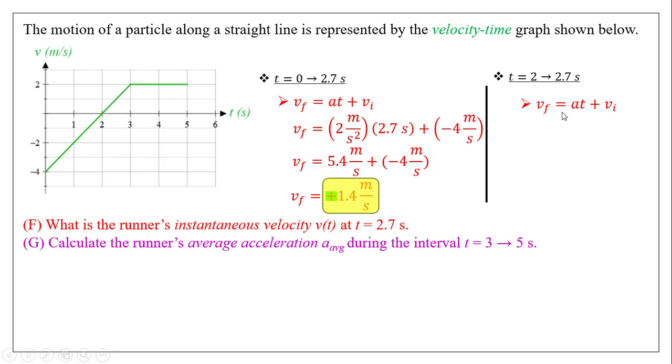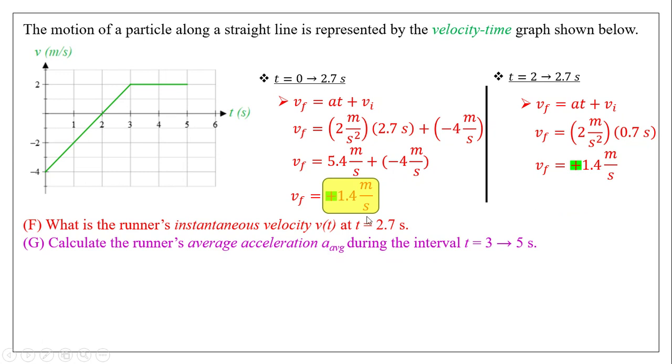Here, Vf is equal to at plus Vi. My acceleration is 2, except my time here is only 0.7. Okay? It's 0.7 because 2.7 minus 2 is 0.7. Now, what happened to Vi though? Well, I wanted to start at 2 seconds because I know at 2 seconds the velocity is 0. So that's my initial condition. If I start at 2, the Vi does not exist because it's momentarily at rest. So really, all I have to do is punch in 2 times 0.7